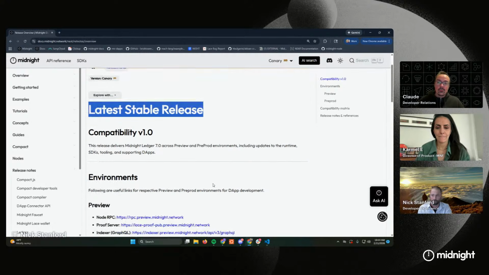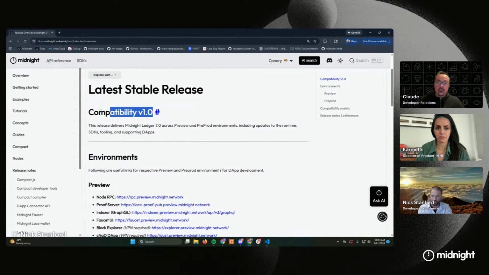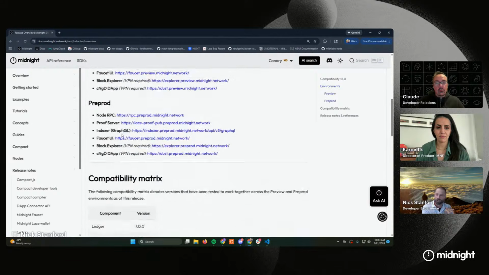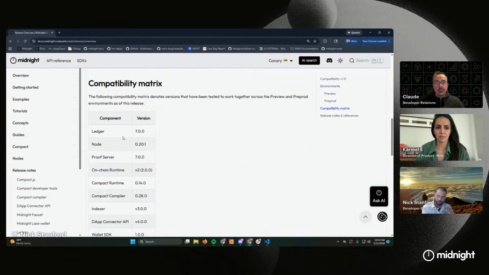But now you'll be able to come into what we're calling our compatibility page and say, I need to work with the latest stable versions. What are those, and all of the tools that I care about? Well, you'll see the environments and all the links that you need to get started, but you'll also find a compatibility matrix. This compatibility matrix will be kept up to date with the latest stable releases to allow you to come directly to this page and know which versions of what tools do I need to actually get started building